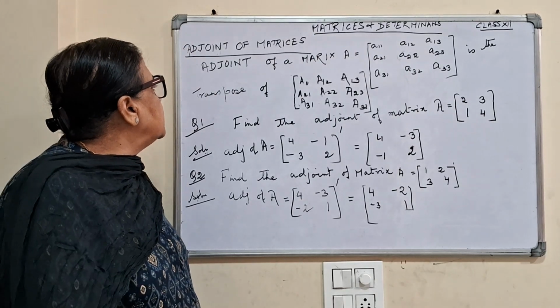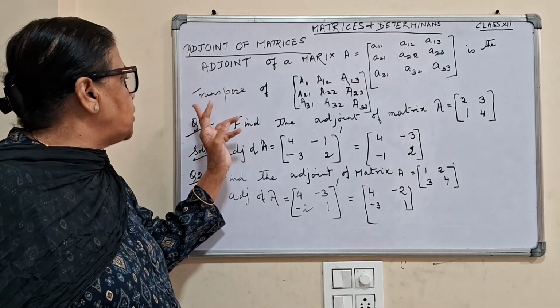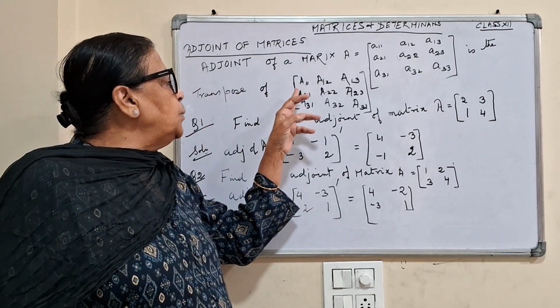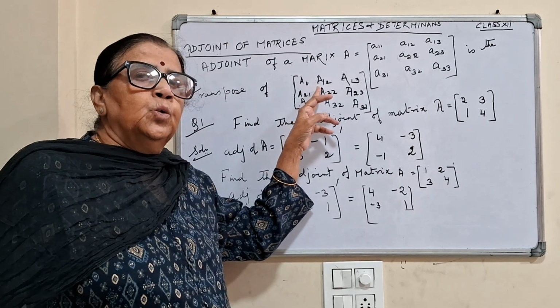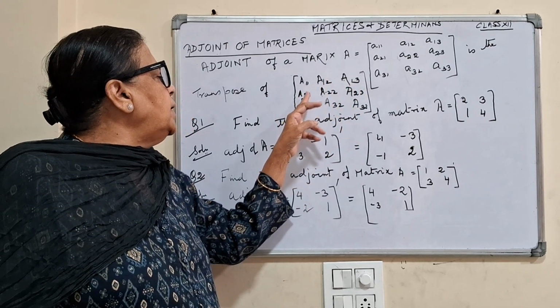The adjoint is the transpose of the matrix with capital A11, capital A12, capital A13, capital A21,